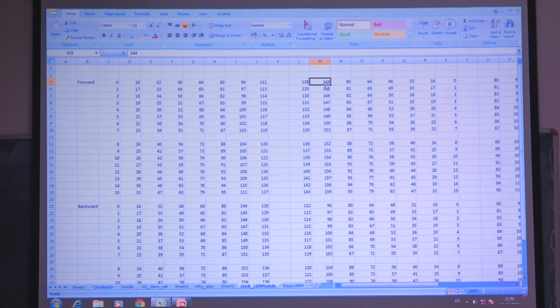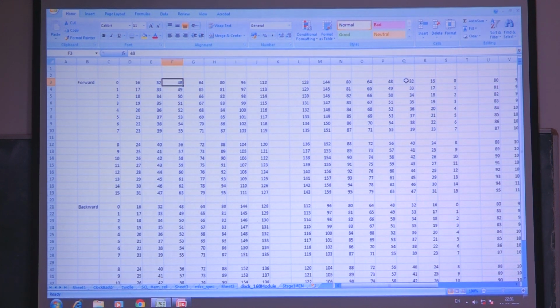16 and 144 for the second butterfly, 32 and 16 for the third butterfly, and 32 and 16 for the fourth, 48 and 32 for the fifth, and 64 and then the 0 padded values. Whenever 64 is there, we should not read any values from the RAM. Instead, we have to assume the second value is 0. Based on that, we proceed with the butterfly from this 80, 96 and 64.